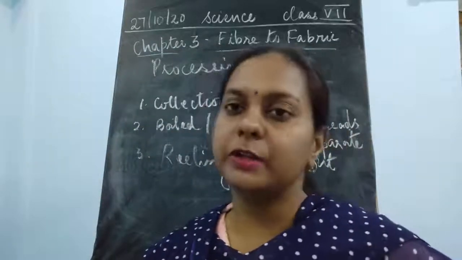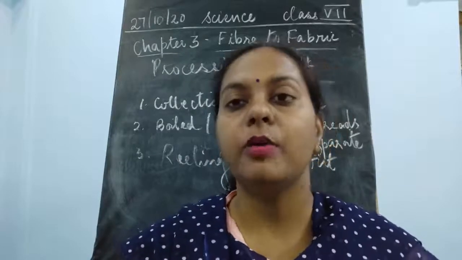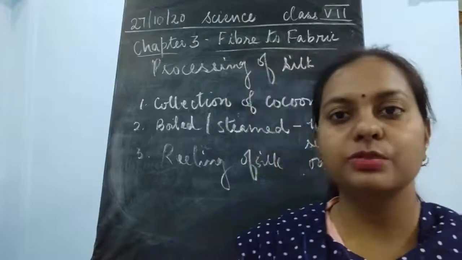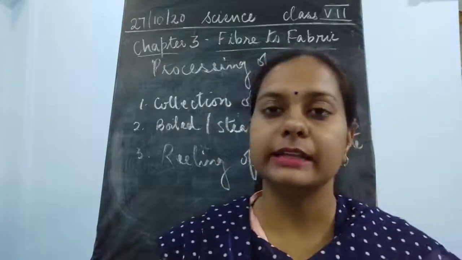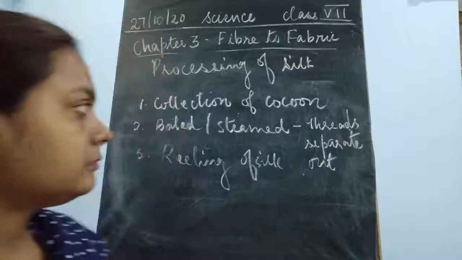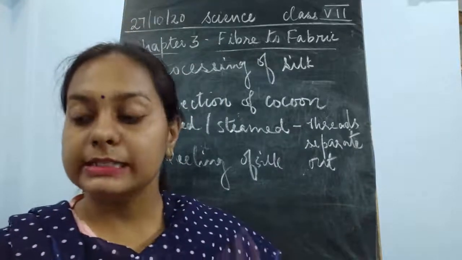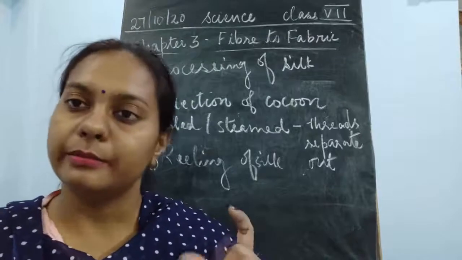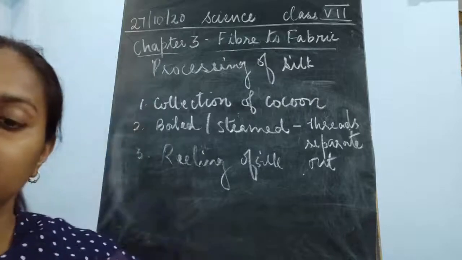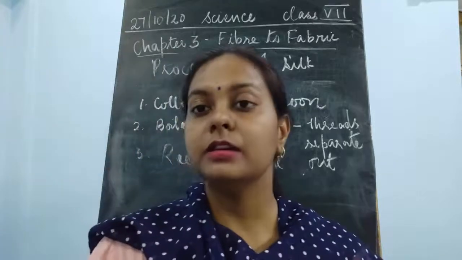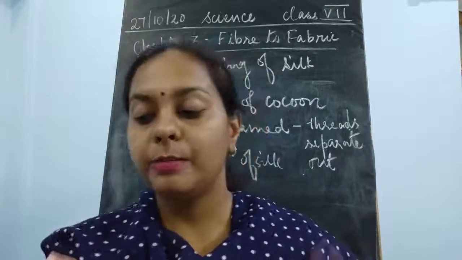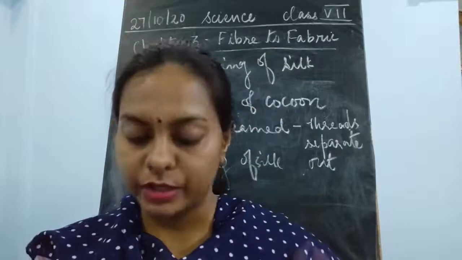So we'll be left only with the cocoons, and these cocoons are boiled. The main reason for boiling the cocoon is that the thread becomes loosened up and separates out easily, and machines are used for the further separation, and then they are utilized for making the various silk threads. Two to three threads are attached together, and then they are made much stronger. It gives strength to the silk thread, and then this silk thread is going to be woven with the help of machines into the silk clothes.